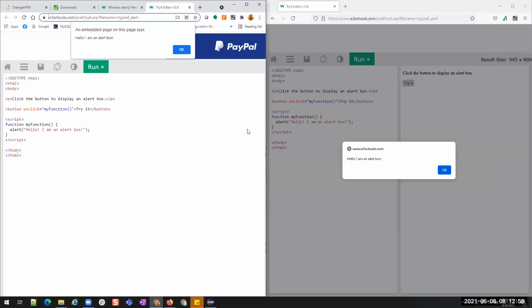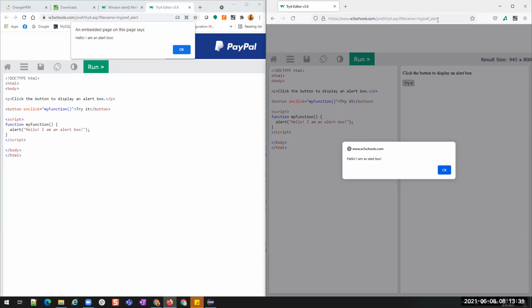This is Chrome and this is Firefox. Here it says w3schools.com, and here it says an embedded page on this page says. But the message is the same: Hello, I'm an alert box. But the display of the alert and the OK button, you see the size of the OK button here and here. Is it the same for both?